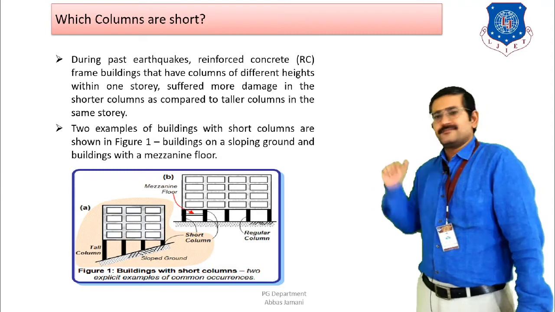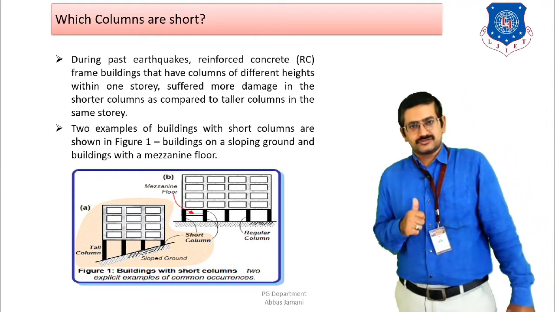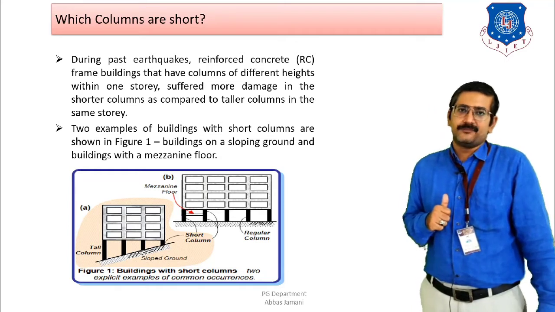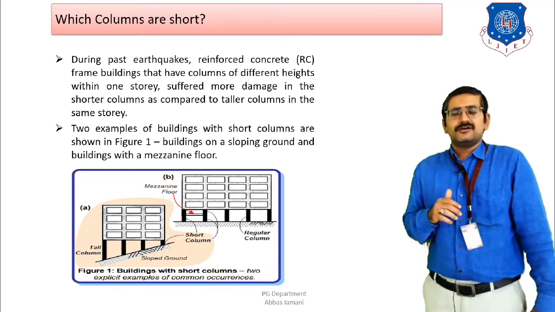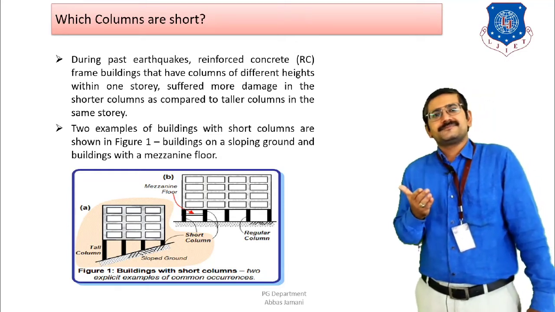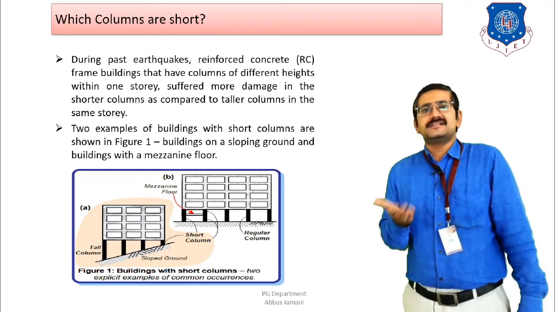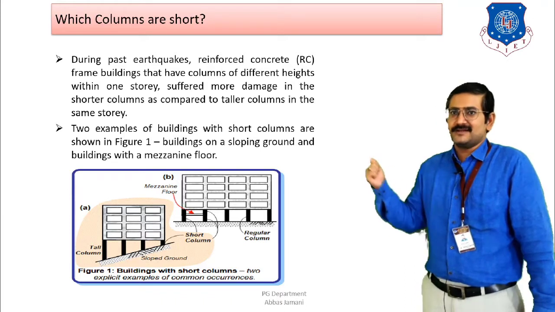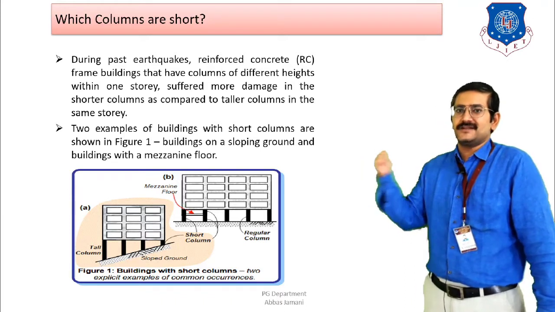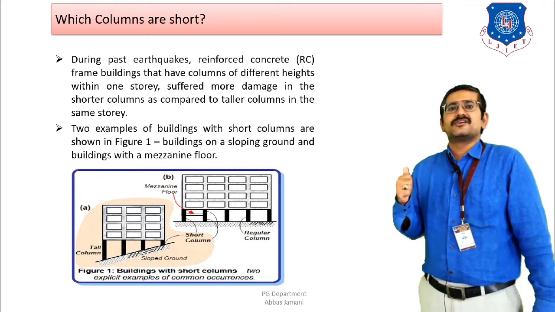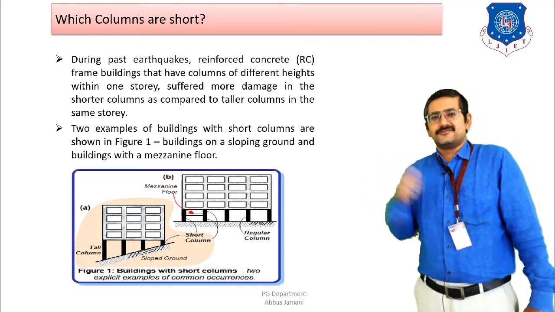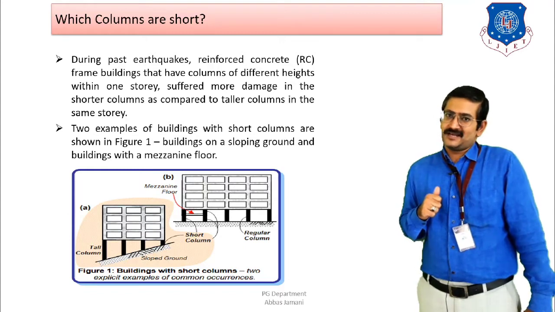The second example is that of a G+4 story building, where the open story is located at the ground story. So altogether, the absence of infill walls itself is going to create a problem in this particular figure that we are seeing. Since infill walls are not present, the building is already not going to perform well in case of earthquake forces, as we have seen in the last slide.